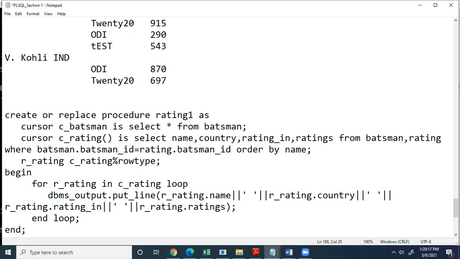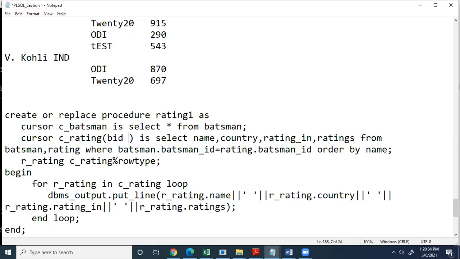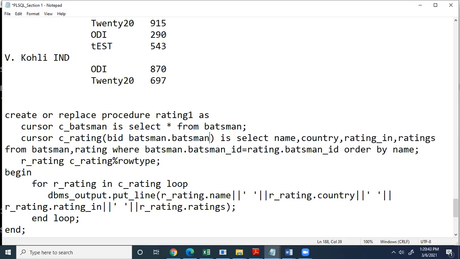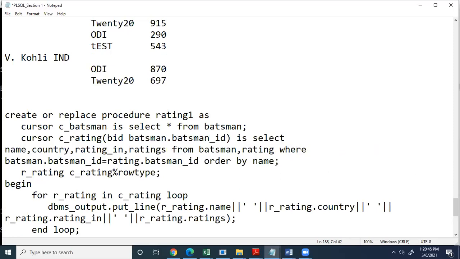Now this parameter which we are going to pass is the batsman ID from C_batsman. So what will be the data type of this parameter? It will be exactly the same as the batsman ID of the batsman table. So I'm defining this variable name as BID. Its data type is similar to the batsman table's batsman ID, so we can define batsman.batsman_ID%